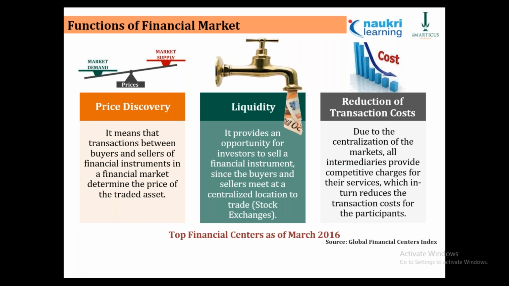Now, obviously the seller would want a higher price and the buyer would want a lower price. But it's this demand and supply, the point of intersection where demand meets the supply, and that's the right price. So financial markets help price discovery. Now the word is used as discovery because buyers will put their quotes or intent of what price they would want to buy, and the sellers would do the same, and there would be a point of negotiation, and there would be a point of price where the buyer is comfortable and the seller is also comfortable, and that leads to the price, and price is really